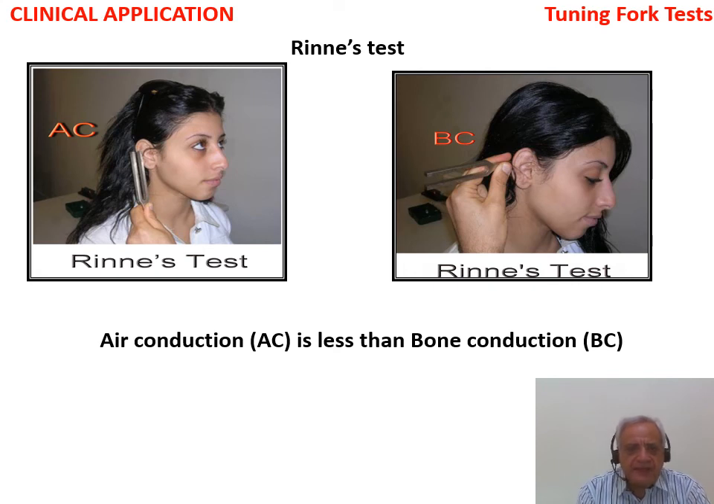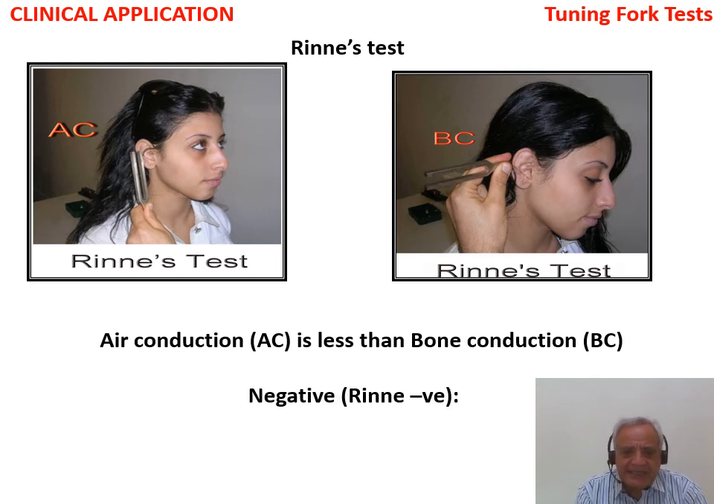Now, if you find that air conduction is less than bone conduction, although it's supposed to have magnification, there was no magnification. What will this mean to you? This will mean that there is a problem in the conduction system. There will be a problem in the external ear or in the middle ear, either external or middle or both of them. And in this case, the Rinne is negative. And in this case, we usually diagnose a conductive hearing